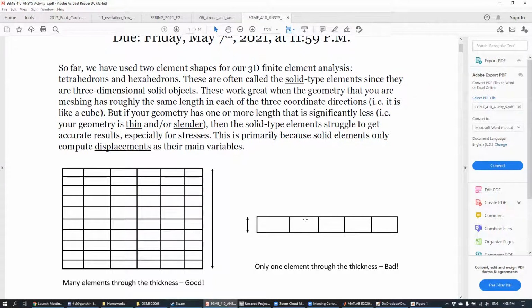But as we go from top to bottom, you can see that we only have one layer of elements here. So that's a little bit of a warning sign to me that maybe the simulation results here aren't the best, especially if you're doing things like stresses. Okay? And the reason why these types of geometries struggle is because when you're doing a structural type of